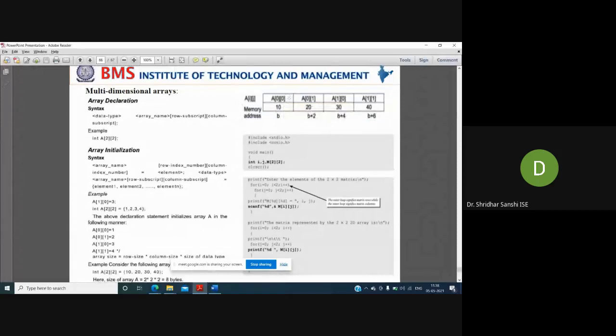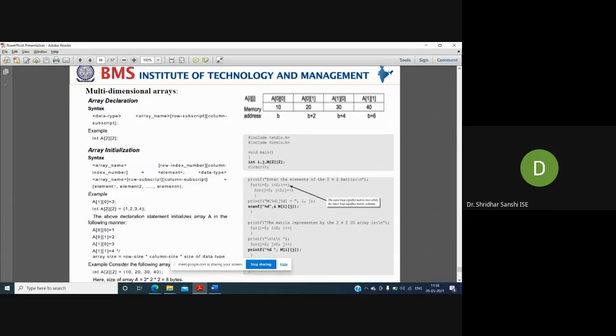If it is a three-dimensional array, then I will have another square bracket, and so on. Based on the number of dimensions, you will have that many square brackets. This is how you need to access the two-dimensional array. So here is an example.